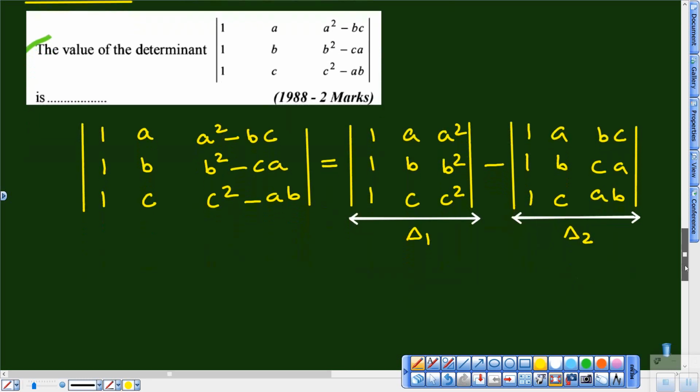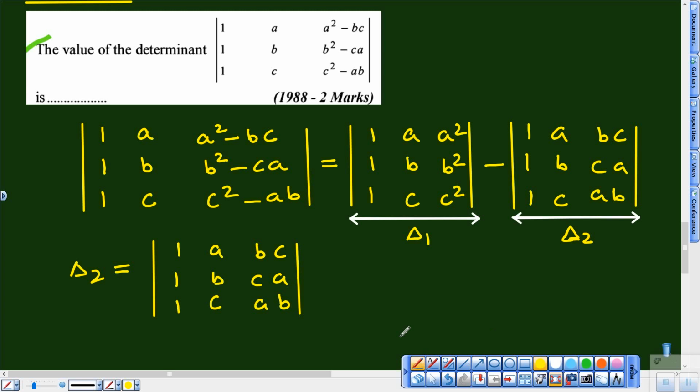Let me work upon the second determinant only. The second determinant delta 2 is equal to, well, the numbers are 1, 1, 1, A, B, C, BC, CA, AB. One more property of determinants that we have discussed in the previous lecture, the first lecture, was that I can take any factor common from any of the rows and any of the columns. So I go for 3 steps in one stroke. I take ABC common rather